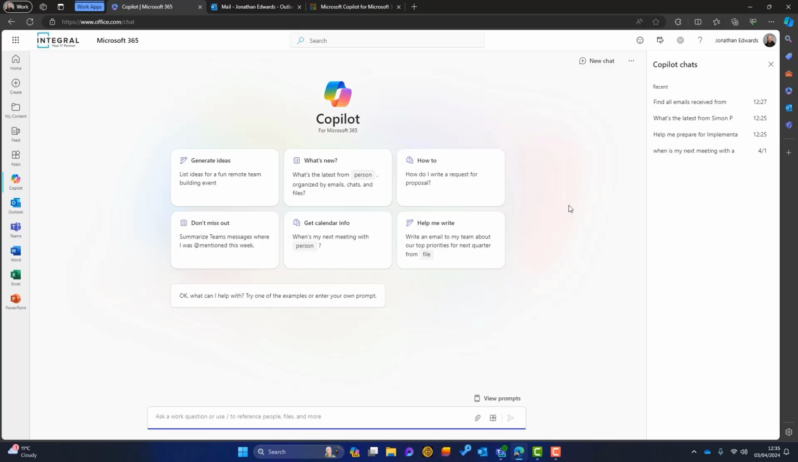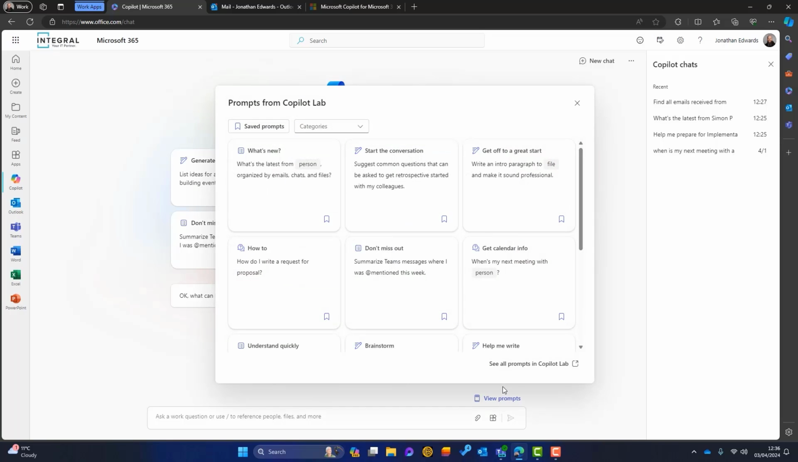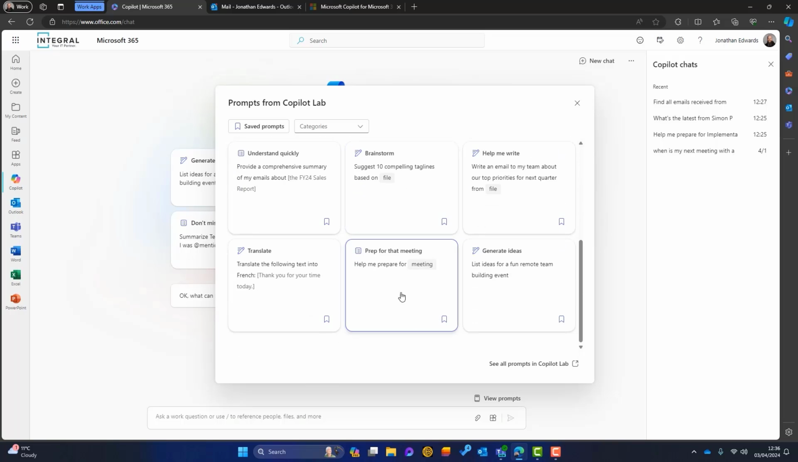And this is the central hub. So there's a couple of things we can do here. You can see that I've got some example prompts here. Plus at the bottom here, there's a button saying view prompts, or I can ask anything in here. So to start with, let's look at view prompts, because this video is all about using Copilot to help you manage Outlook. So what I can do here, I can scroll down, and you can see here that I can